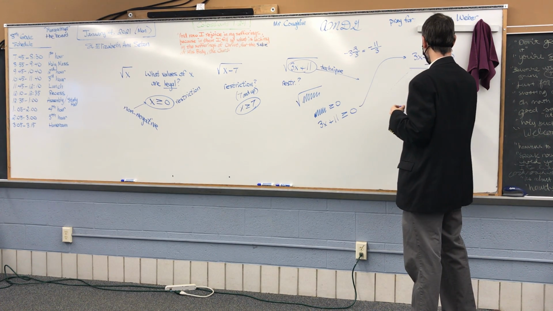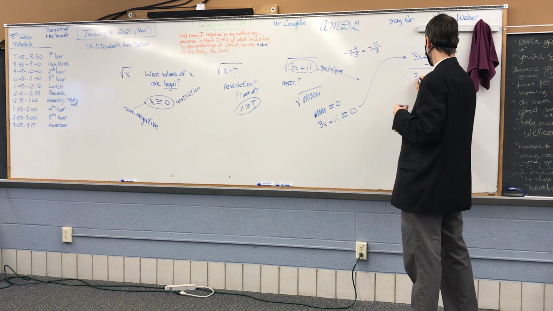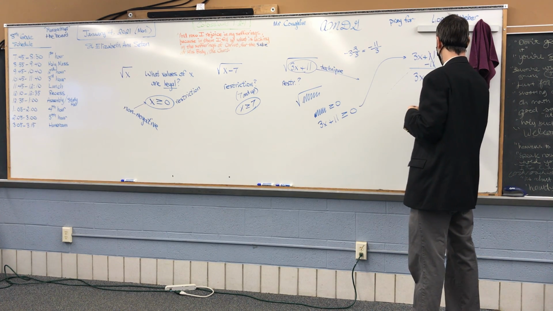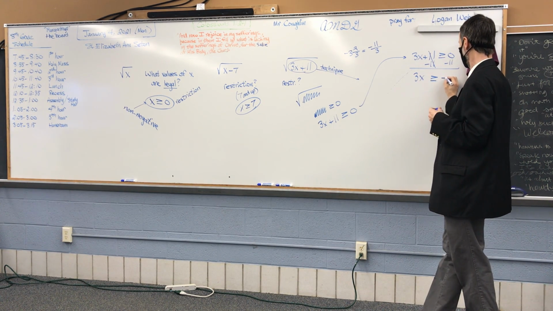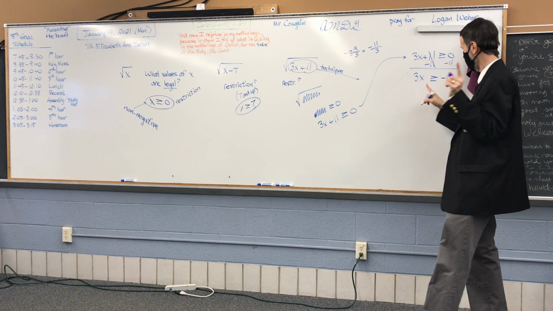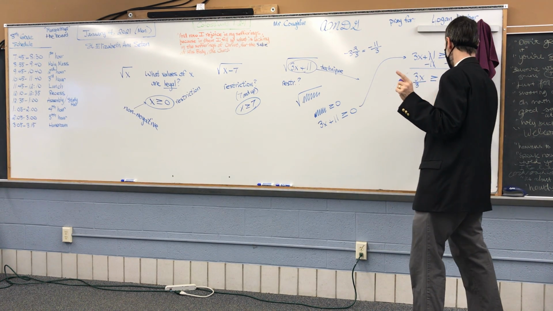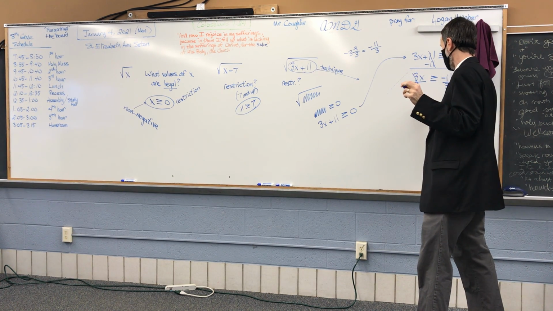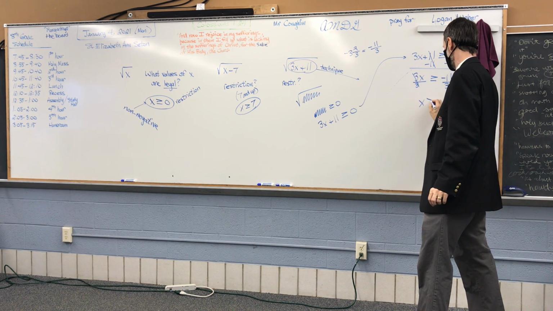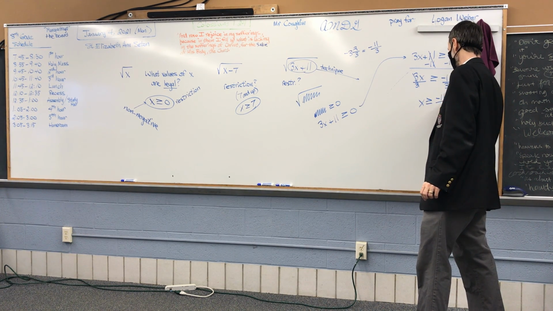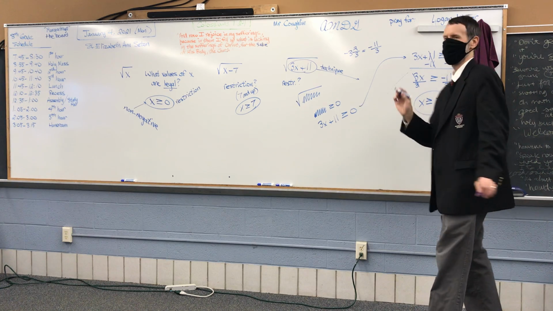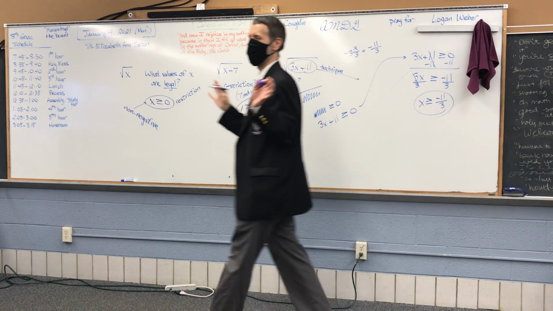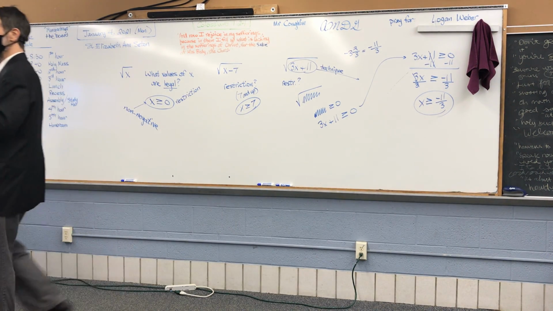What are you left with so far? 3x is greater than or equal to -1. One more step. And then you divide by 3. What do you get? X is greater than or equal to. Ding, ding, ding, ding, ding. That's how you get it. That works every time. You think of blah